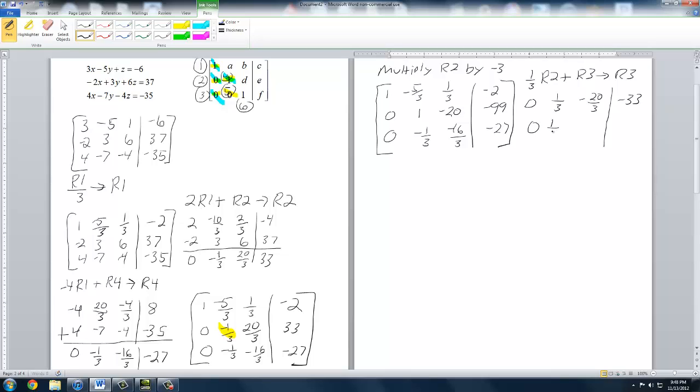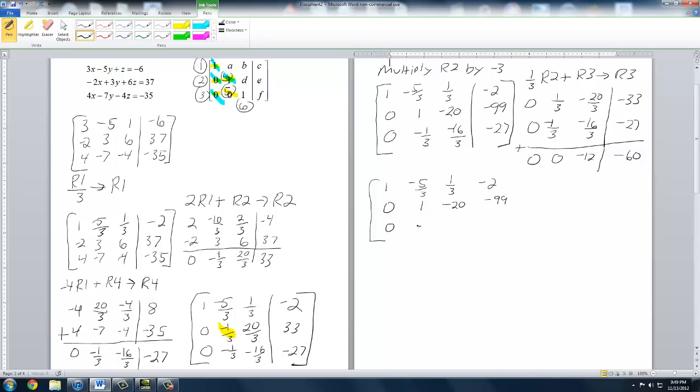Copy row 3 down. It's negative 16/3 and negative 27. And then we're going to add these two up. 0 plus 0 is 0. 1/3 plus negative 1/3 is 0. Negative 20/3 minus 16/3 is negative 36/3, which is negative 12. Negative 33 minus 27 is negative 60. Okay, and there's that. So now we have 1, negative 5/3, 1/3, negative 2, 0, 1, negative 20, negative 99,